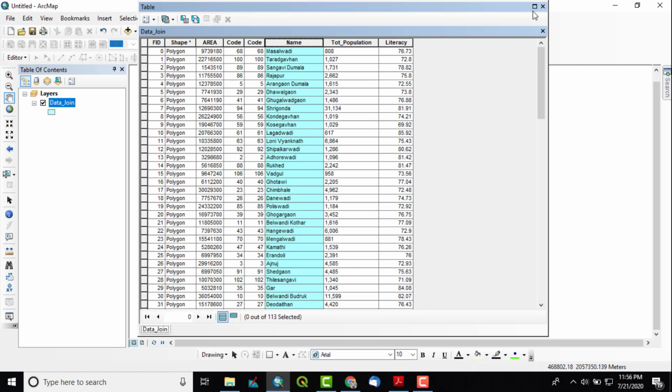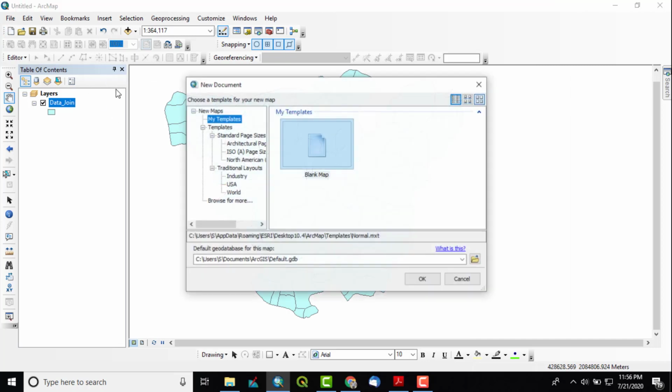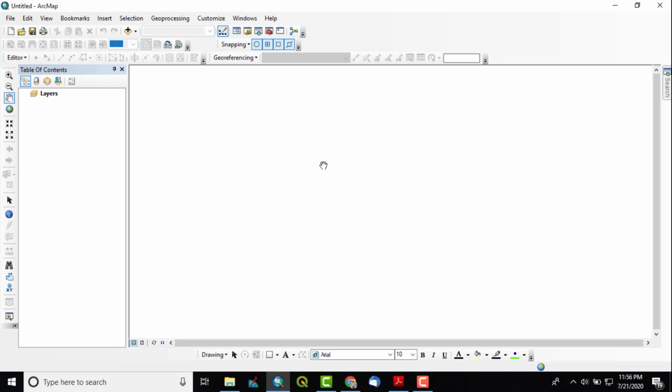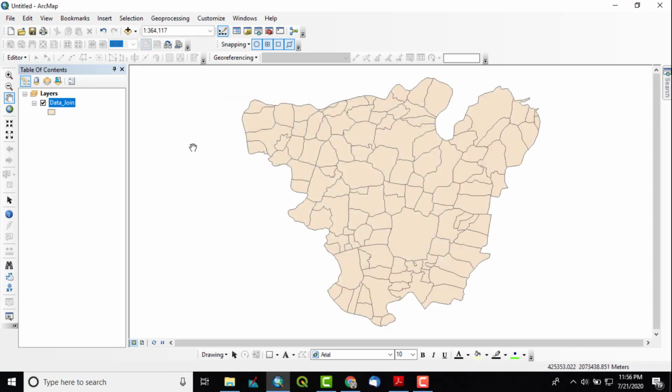Now listen carefully. This join doesn't get saved into the shapefile until we do a task. Suppose I close the software, open it again and add that shapefile.